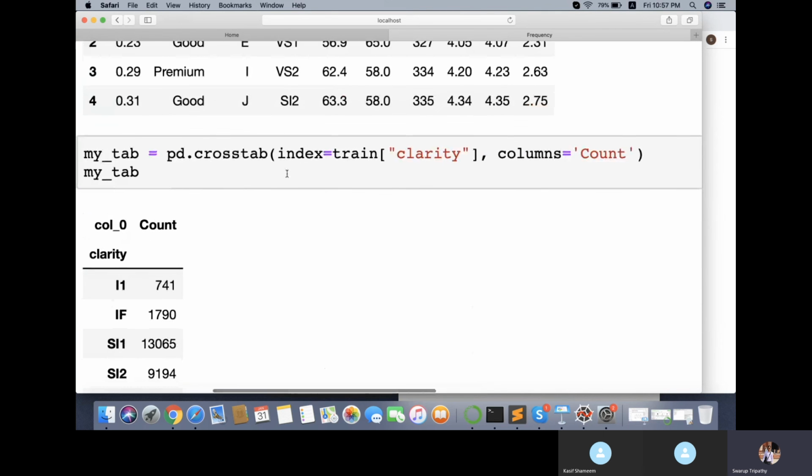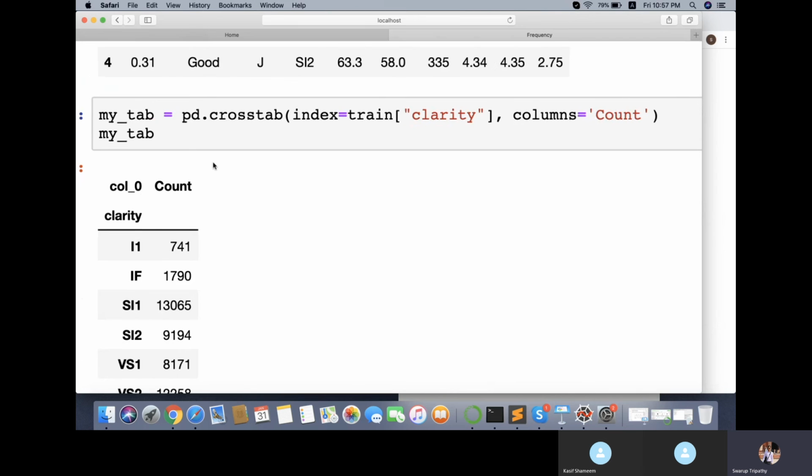Now you can write down this code here. I've written pd.crosstab. The crosstab function is used to convert your data to a frequency table. And here I'm saying what data I want to convert. That's what we are passing in an argument called index. So we are saying the index is clarity. Here I want to convert my clarity column to a frequency table, so I am taking clarity as my data. Then for the column name, I'm just giving a name here, saying count, just a column name.